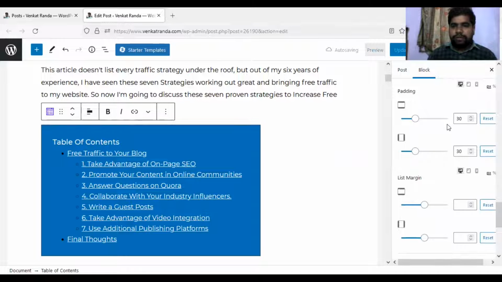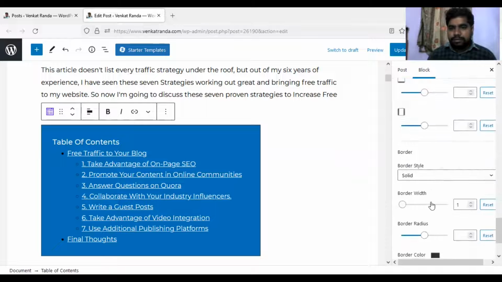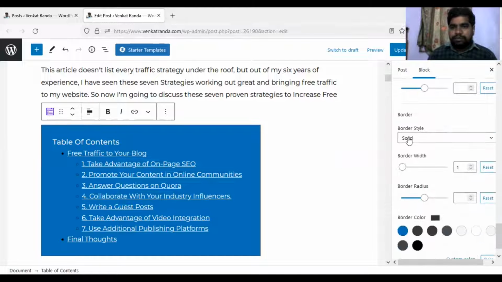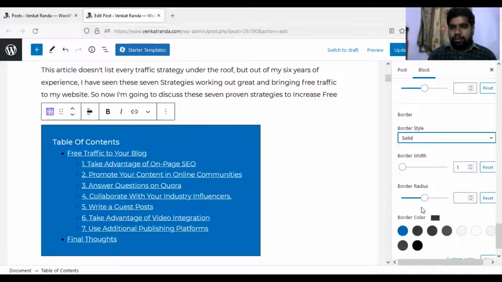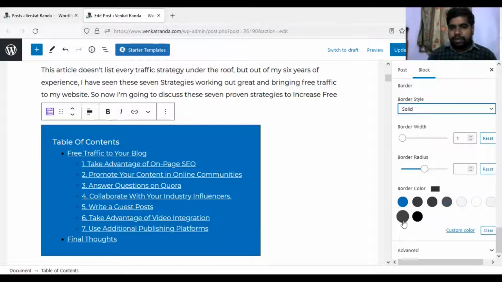You can also apply padding, use line margins, and mention the border radius. Border color too.